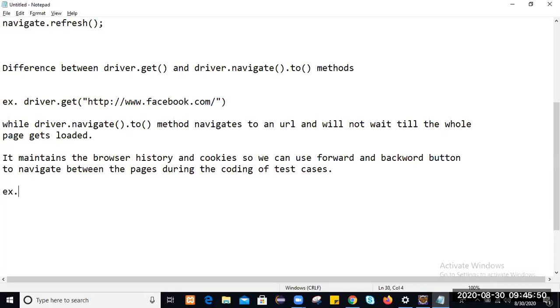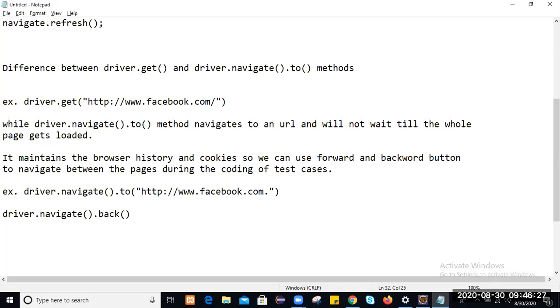For example, we use driver.navigate.to. Then we will use the driver.navigate.back method.